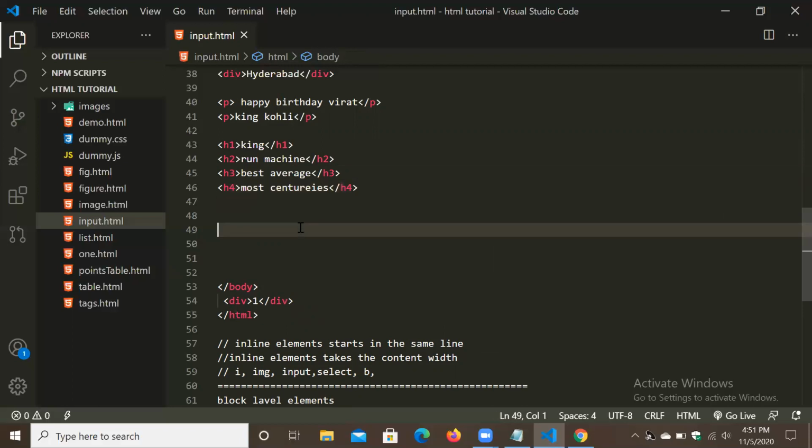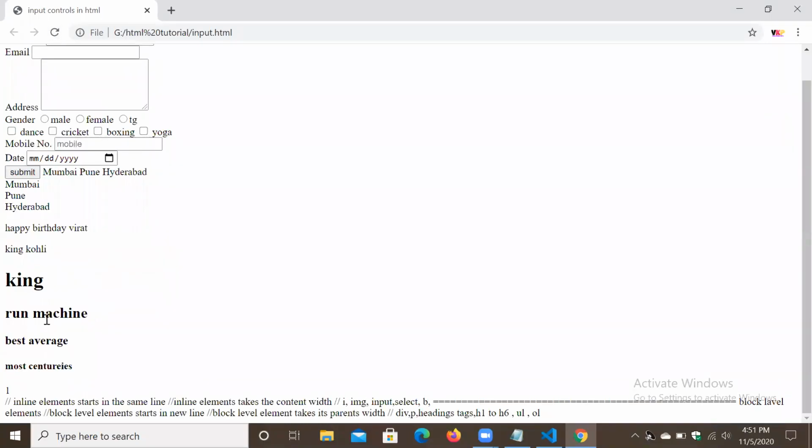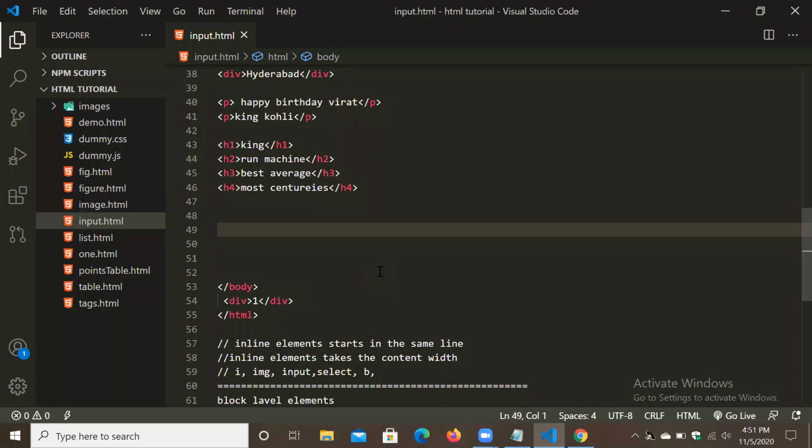Okay, so refresh. So look, all four headings came line by line in different lines. So that is a block level element.